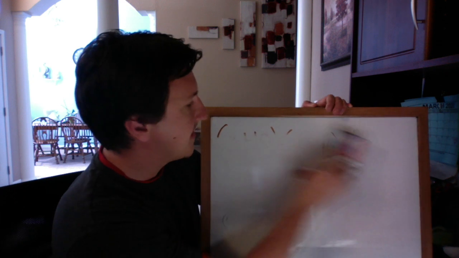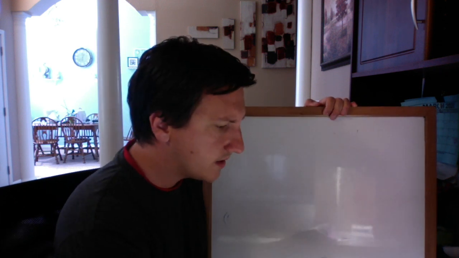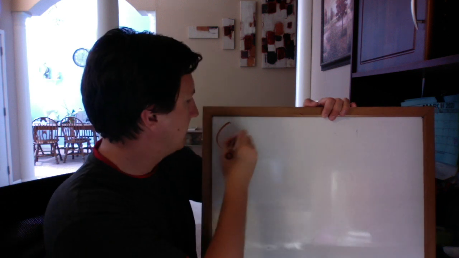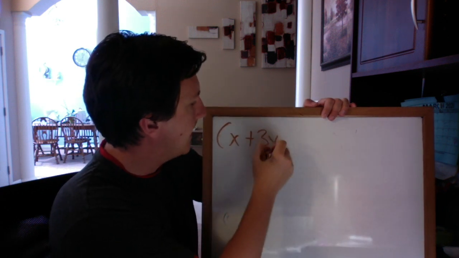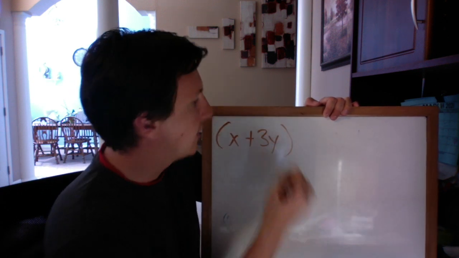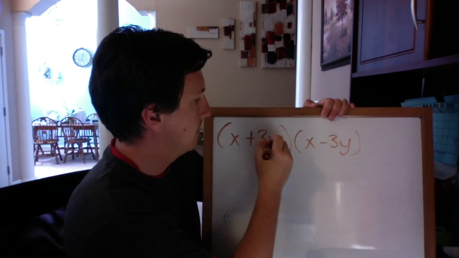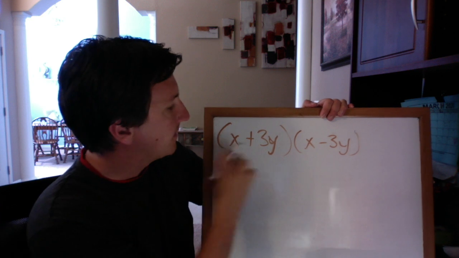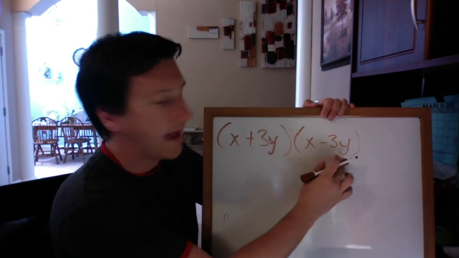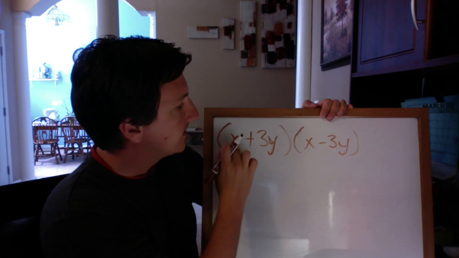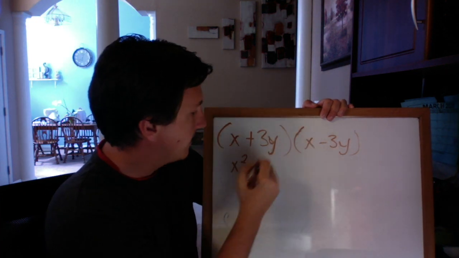Another example that may be similar to that would be (x + 3y). This will be our last example here. x plus 3y times the quantity x minus 3y. Keep those y's the same there. So x plus 3y times the quantity x minus 3y. So x times x is x squared. x times negative 3y is negative